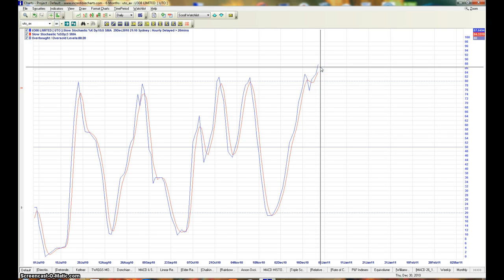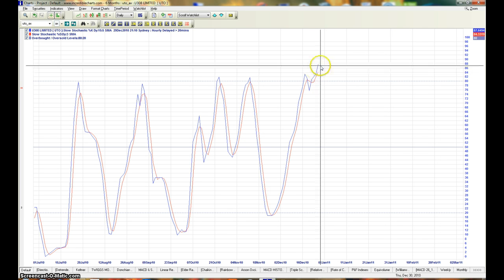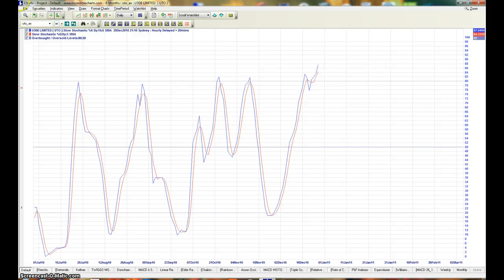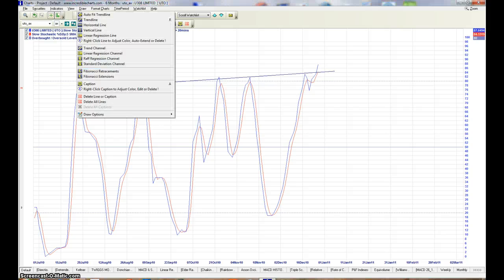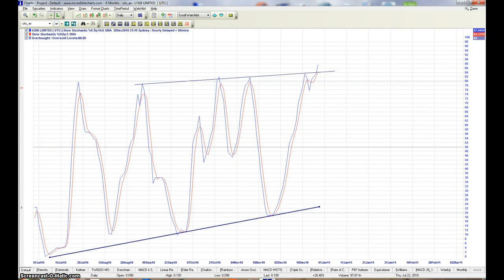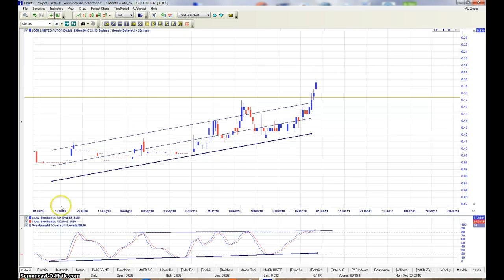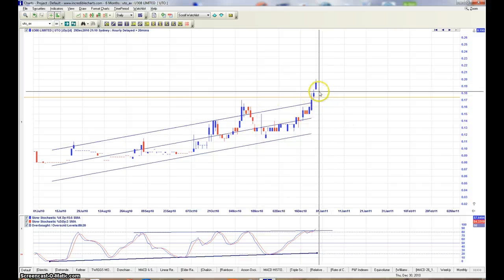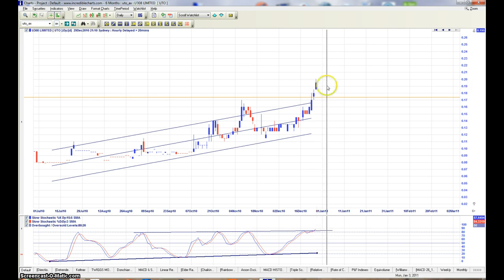But they're still pointing. The pinky's still pointing way up there, and you've also got a nice little uptrend there, and you've got a nice little uptrend there, so they're all good signs. So yeah, that'd be one I'd want to have a look at further and see why it's doing that,